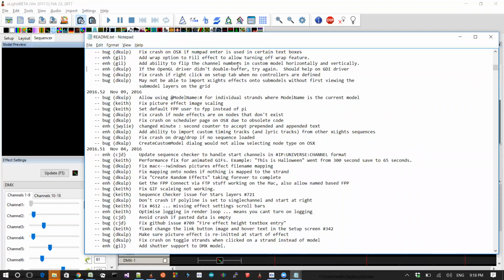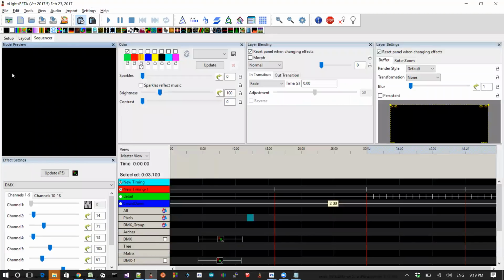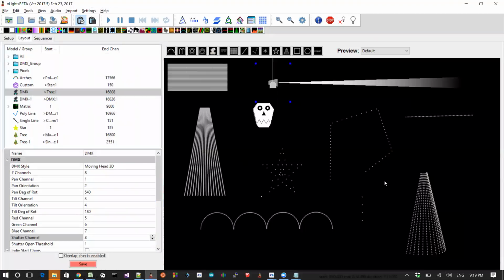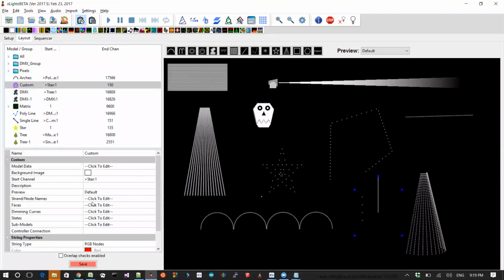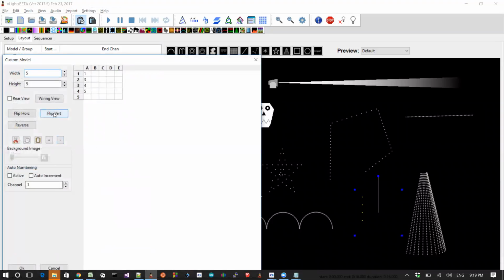Another performance, or in this case drawing enhancement, is the ability to flip the channel numbers in the custom model horizontally and vertically. So we've got a custom model here somewhere. This one here I think was our custom model. So in the model data, you can come in here and flip the numbers around, flip it horizontally, flip it vertically. That can be useful if you've accidentally gone in, put all your numbers in, and then realized that you were looking at the numbers the wrong way and that you pushed your pixels in from the wrong side, and you just need the numbers reversed around. It does a very simple